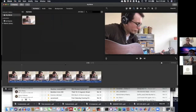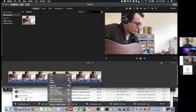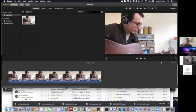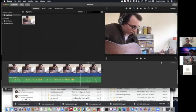If you wanted to separate it from the audio and just send them an audio track, you control click on this video thing and you click split clip. Wait, no, not split clip, sorry, the other one. It's detach audio, that's the one. Detach audio, and so now as you scroll down, you can see that we've got the video clip up here,